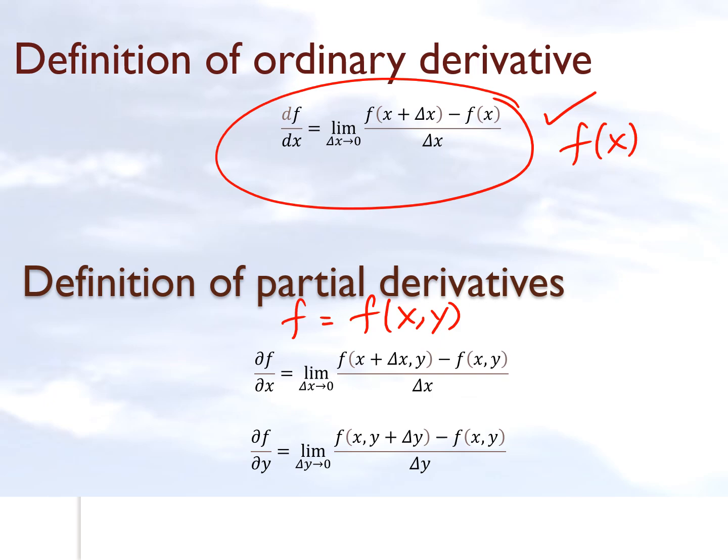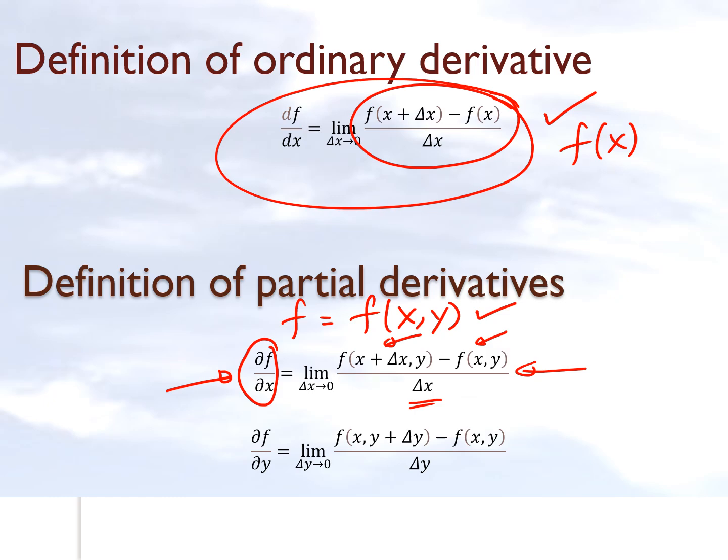Now if you have a function of two or three or four or five variables, more than one, then you can define something called a partial derivative. If you take the partial derivative with respect to x, let's suppose, then you are doing very similar things to what you are doing here. You change just the value of x, find the difference between the functions, the rise part, but you keep y constant and you divide by delta x. That's del f by del x.